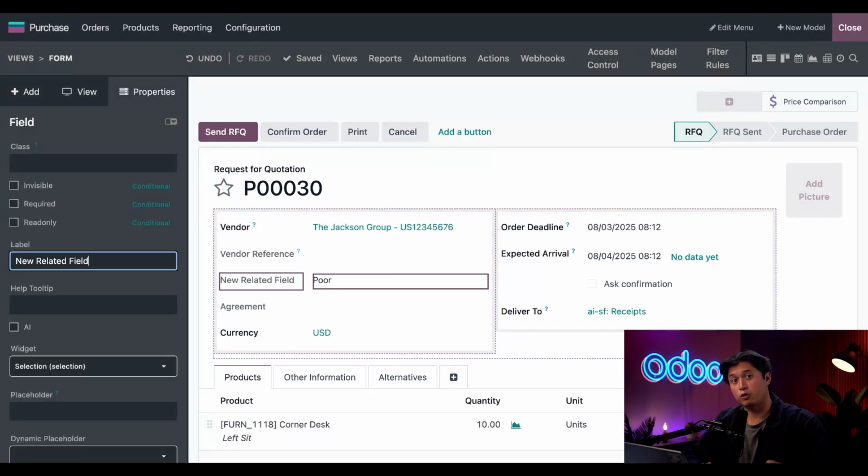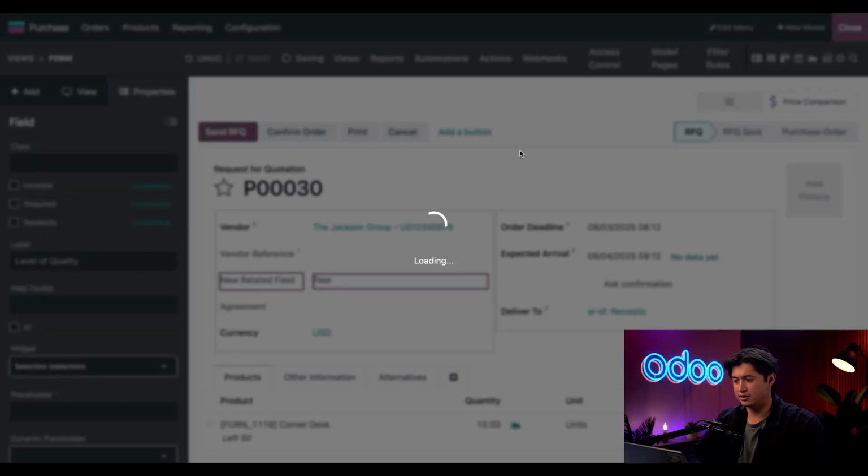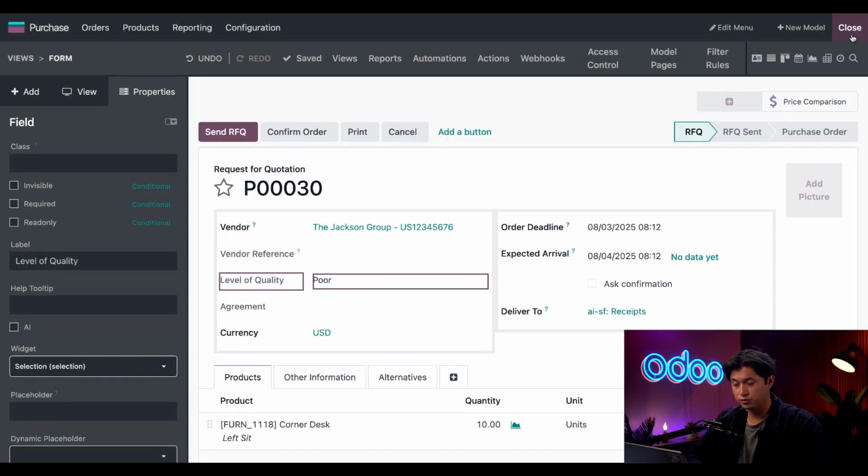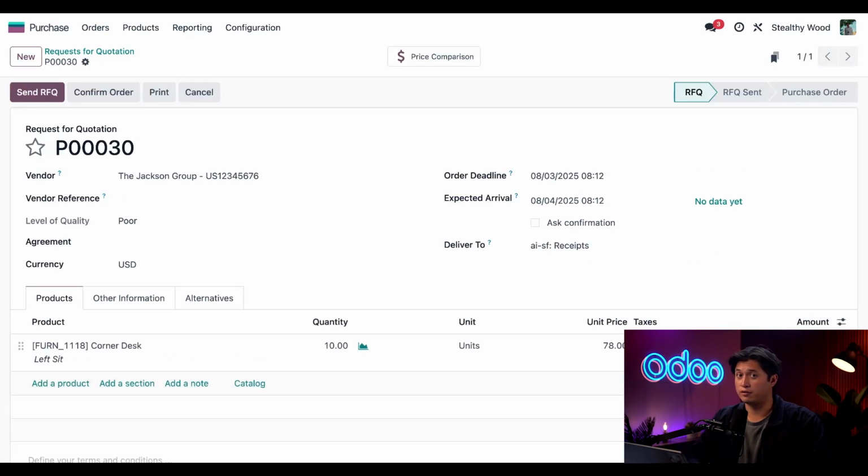Now, last thing, before we close out Studio, let's make sure we label this. And we're just going to type in level of quality. And then we'll click out of it to let it save. And then click close. Perfect. Now I can see the level of quality while I'm creating a new RFQ instead of just seeing it